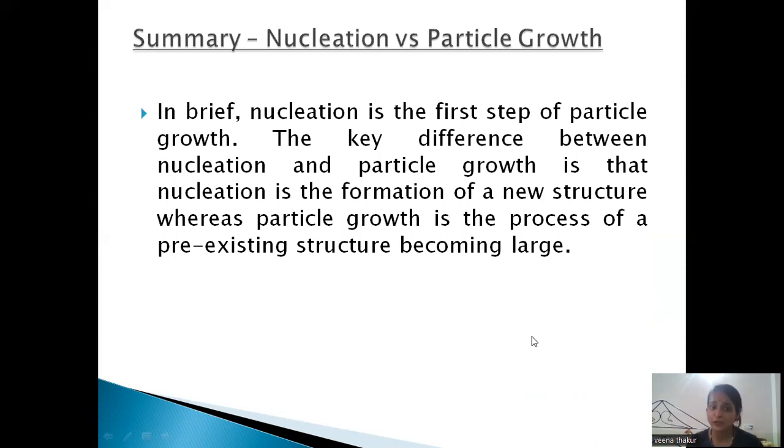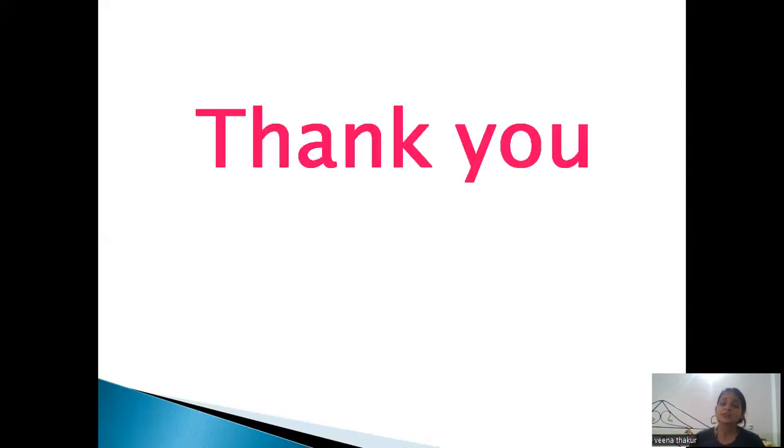Now the summary of nucleation versus particle growth: in brief, nucleation is the first step of particle growth, and the key difference between nucleation and particle growth is that nucleation is the formation of a new structure, whereas particle growth or crystal growth is the process of a pre-existing structure becoming larger. So this is about